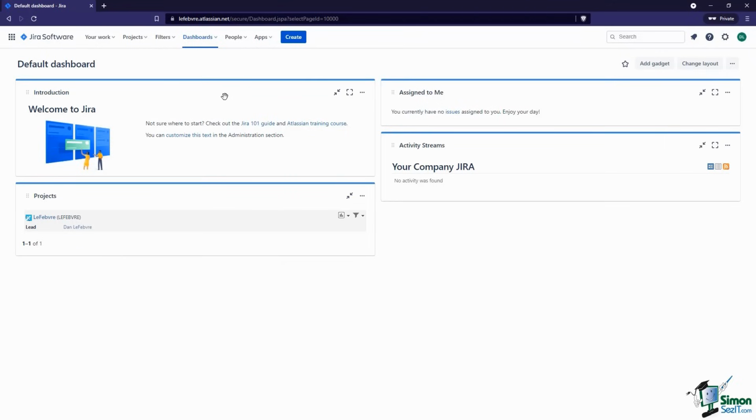One thing I would like to point out with this is, depending on your version of Jira, if you're using an older version of Jira, then the dashboards are the default place that you go to when you log in. The Your Work section is relatively new in the last year or so. Around 2020, I believe, is when they started to migrate over to the Your Work section being the default place